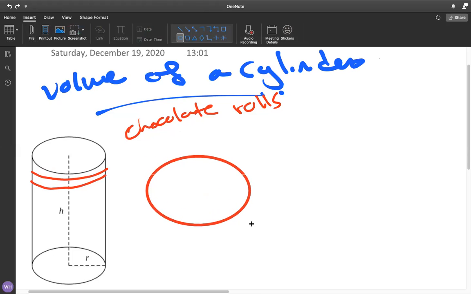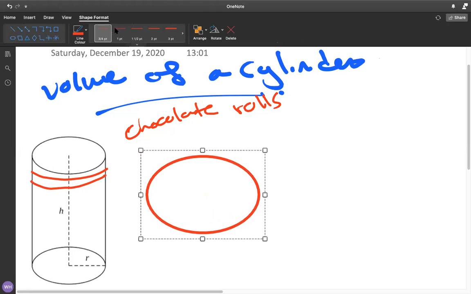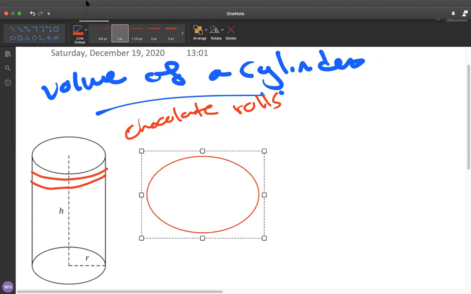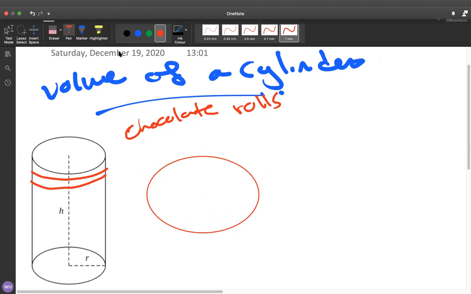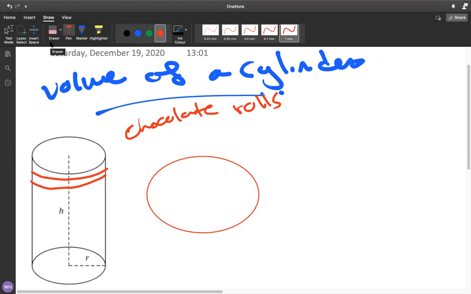Circles. So you will get small slices of circles, isn't it? Right? Which means